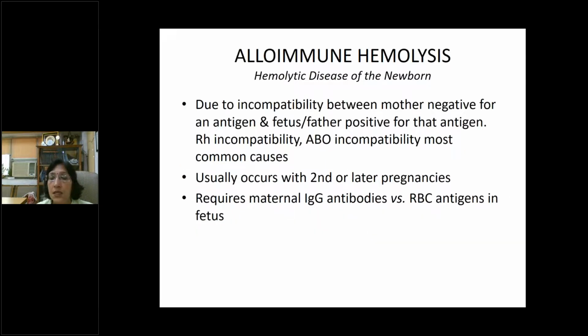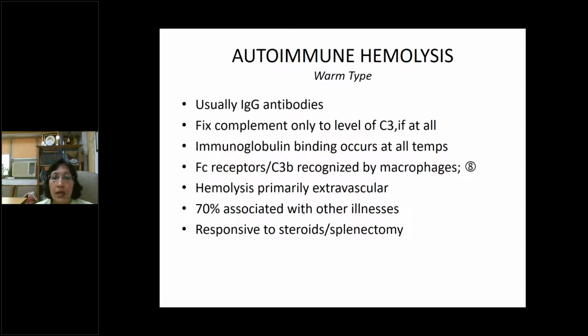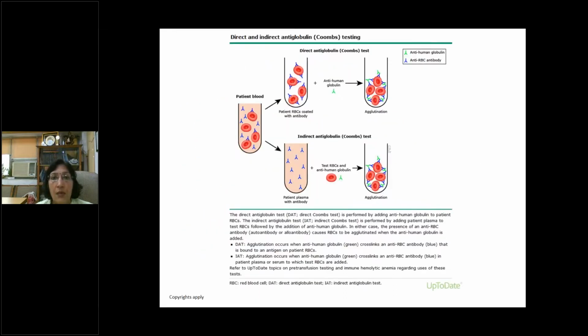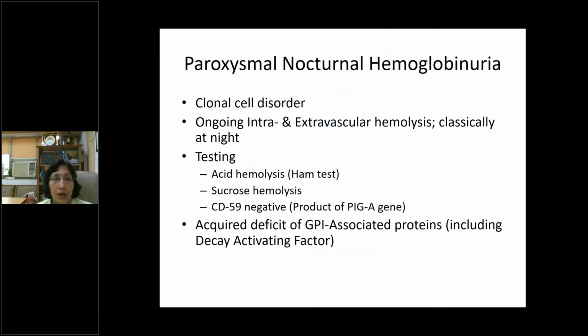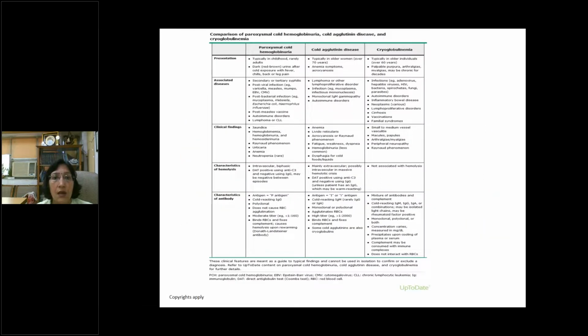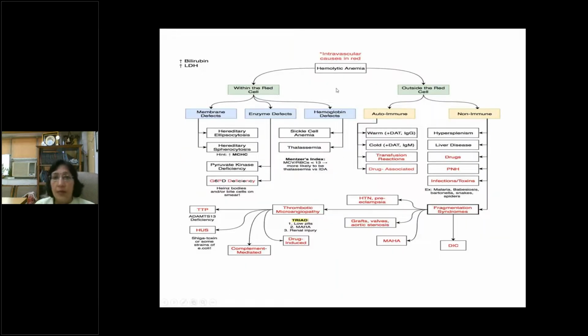This is the hemolytic disease in which there is Rh incompatibility. I will not discuss it because it is already discussed in gynae for you. This is again the warm antibody and the cold antibody, which we have already discussed. My main focus will be how to approach these cases. This is paroxysmal nocturnal hemoglobinuria, which is complement mediated; there is some deficiency of a protein.